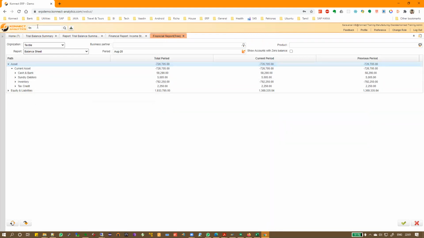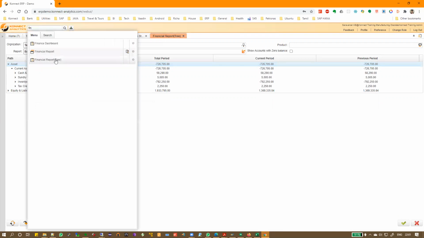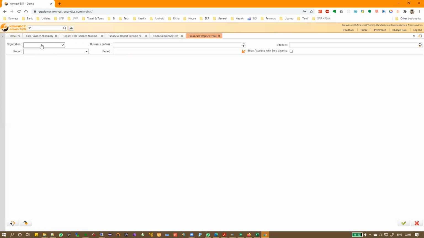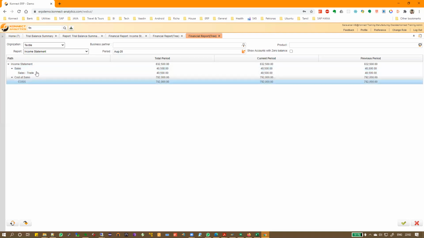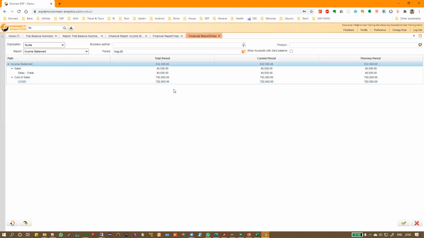In the same way you can look at the income statement. Textile, income statement, same period. So this is the total profit. This is the sale, and this is the cost of sales. Basically very few transactions, so very little amount. So this is 83 to 500.